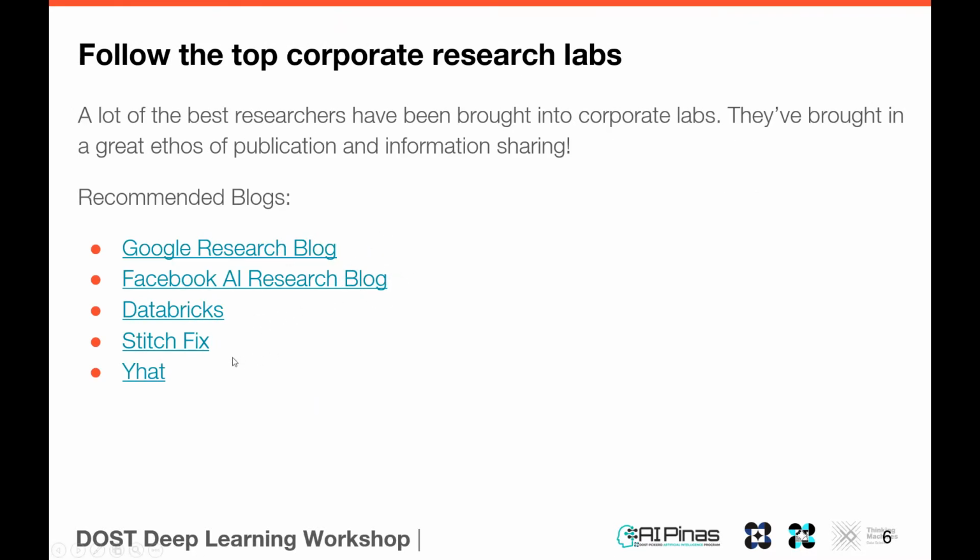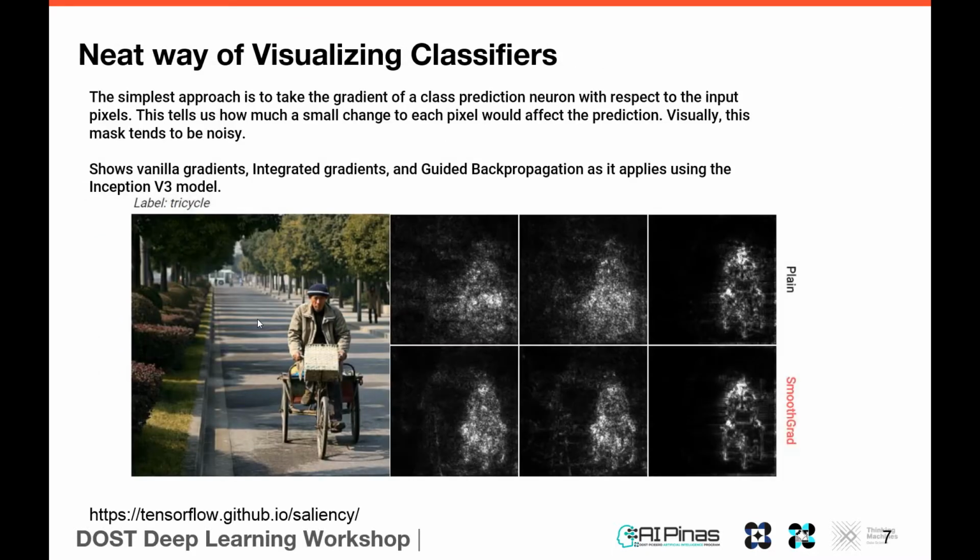The Facebook AI research blog, pretty good. Databricks is a company that provides machine learning in the cloud services, but they have a very good blog. Stitch Fix sells clothes, but they have a really amazing engineering blog. YHat is another one of those companies that is a bit more niche, but has a great blog with learning resources. So just to show you an example of the really cool stuff that comes out of these places,